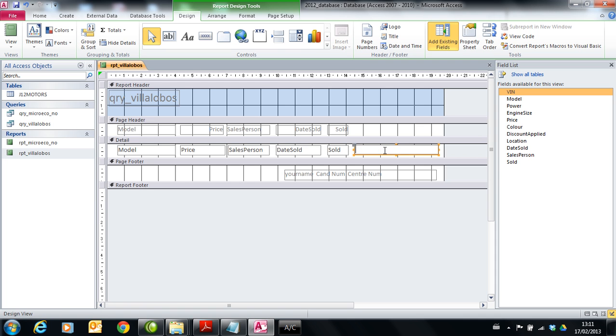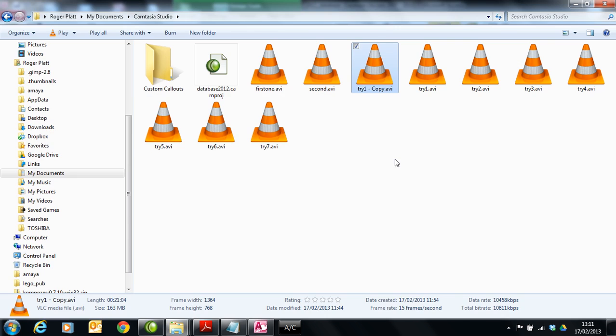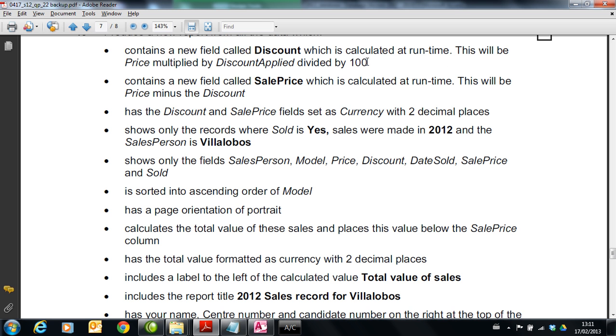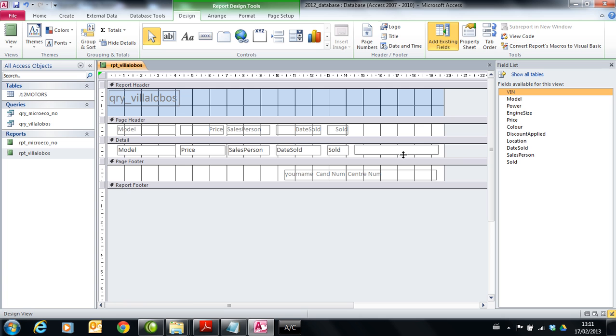I'm going to make it wide so we can see what we're doing. And let's just check here now. It's got to be price multiplied by discount applied divided by 100. So it's going to say equals square brackets price square brackets multiplied by square brackets discount applied square brackets divided by 100. Check that everything's alright with that, and then give it a save, and then report view,